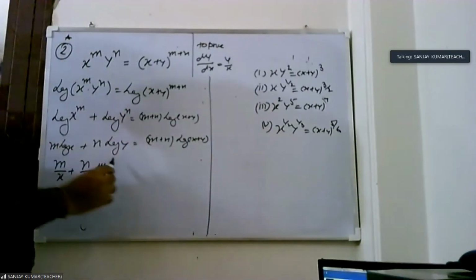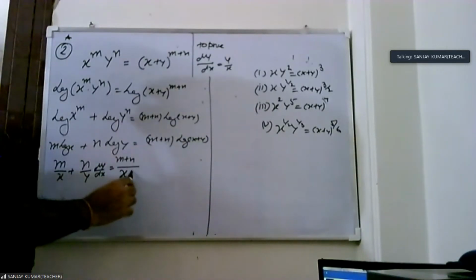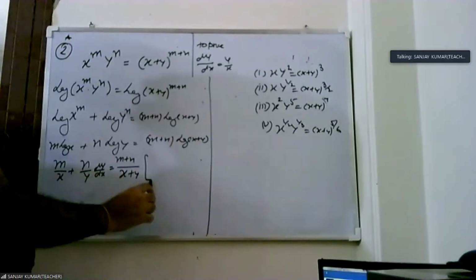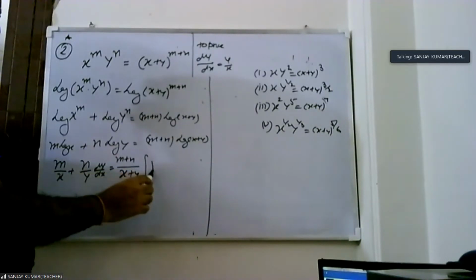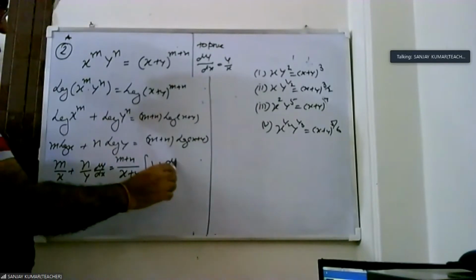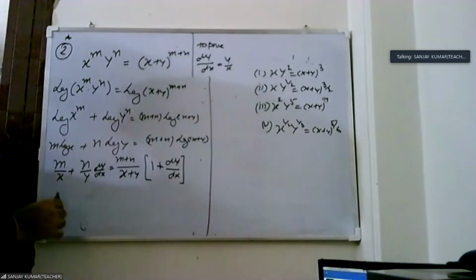How do we differentiate this one? That is m plus n times log of x plus y, which is 1 upon x plus y. Then we start the differentiation of x plus y. This is the term, then their angle. What is the term? The term is log. So first we differentiate log. The derivative of log is 1 upon x. So similarly, the derivative of log of x plus y is 1 upon x plus y. Now we start the derivative of x plus y. The derivative of x is 1, the derivative of y is dy by dx.